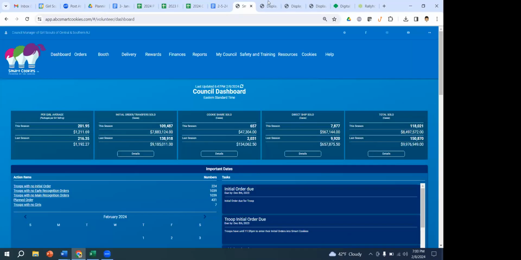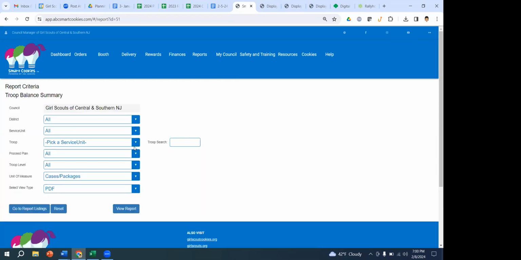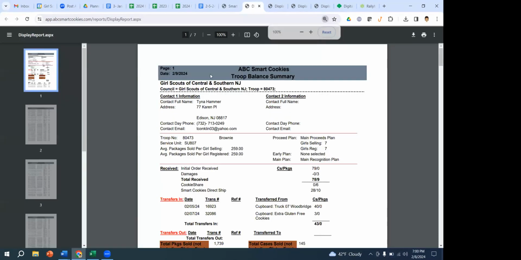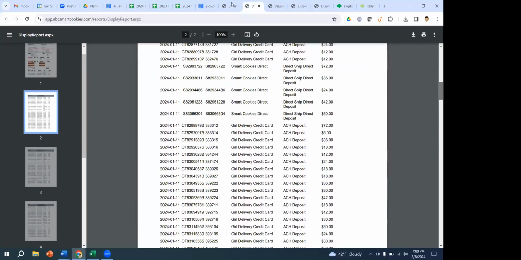Let's see. Under reports, it's your troop balance summary report. This is always the one you want to go to. Give me a troop number again. Sorry, what's yours, Tina? 80473. I usually have some in my head that just automatically pop up, but I'm drawing a blank tonight. Okay. Right now your report is 7 pages because this report shows you all of the credit card transactions.